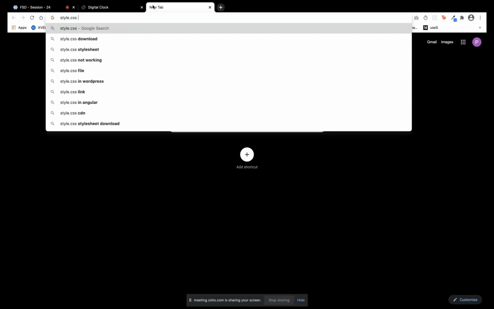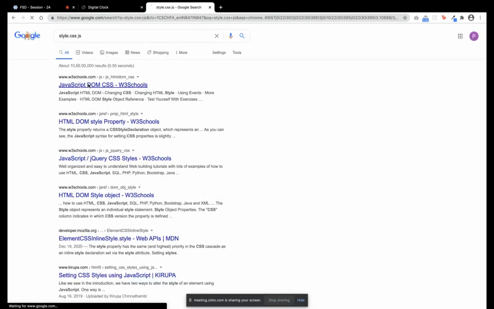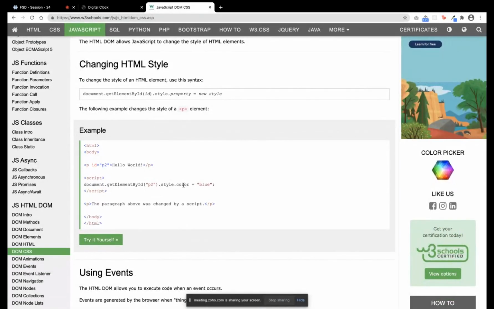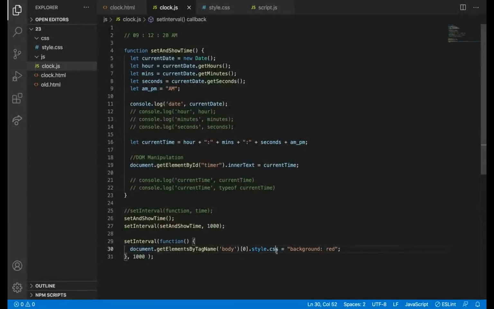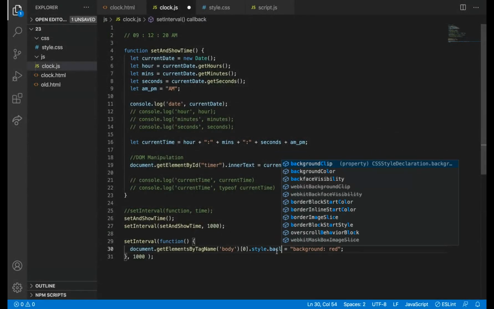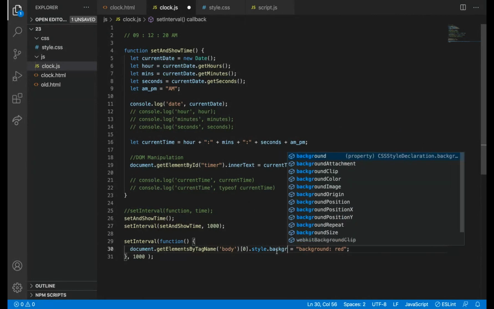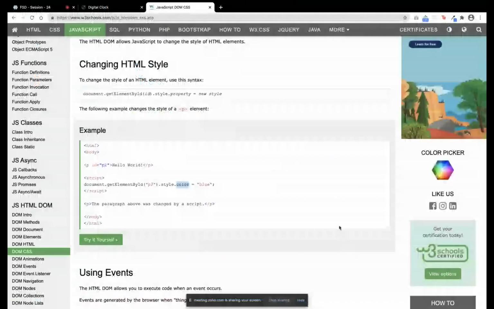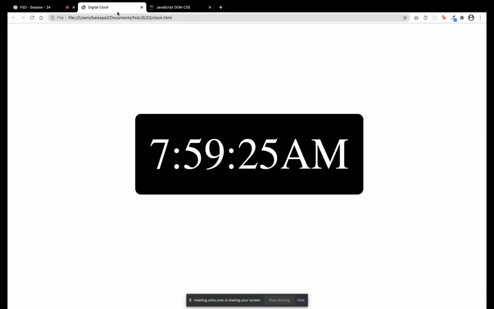Okay, style dot directly we can change background. I just wanted to explain the setInterval function. Still, we can try this.